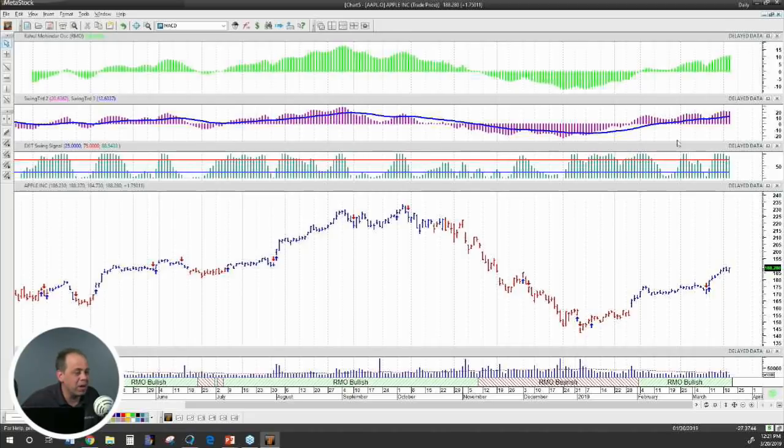So if you have a shift of momentum to the downside like you did right here, there is a crossover, you'll notice a sell arrow is painted in the bar, and we just recently had a buy signal that painted on the bar for Apple because of that shift of momentum to the bullish side the very next day. So that's how we use the intermediate term trend. We don't care if it's actually bullish or bearish. We're looking at it from a term of momentum to see how it's different.